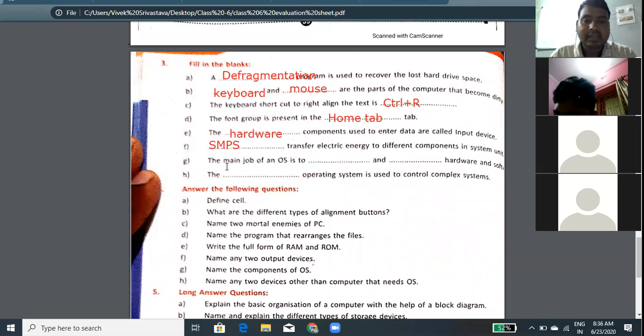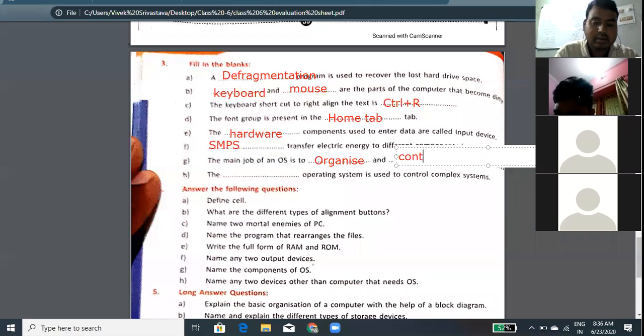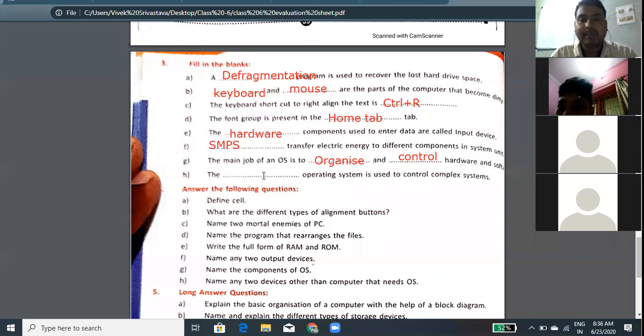Now number G. The main job of an OS is to organize and control hardware and software.